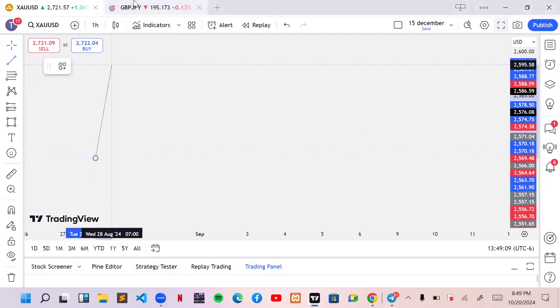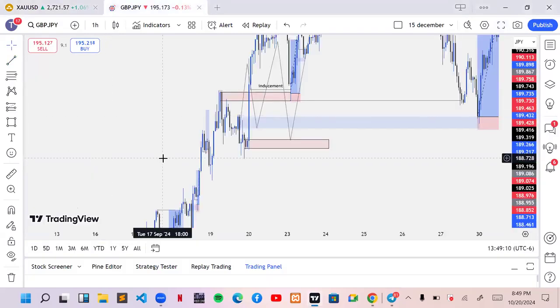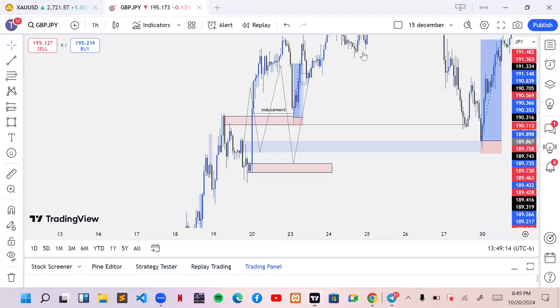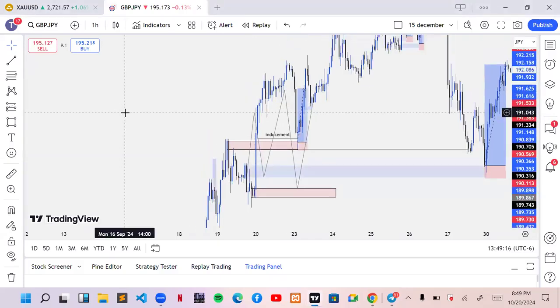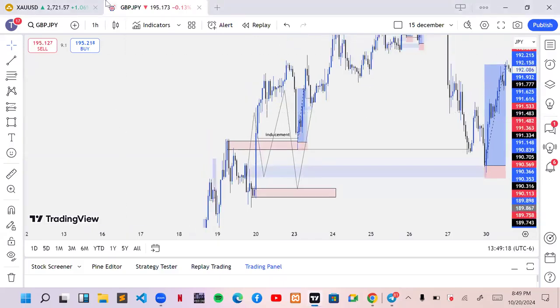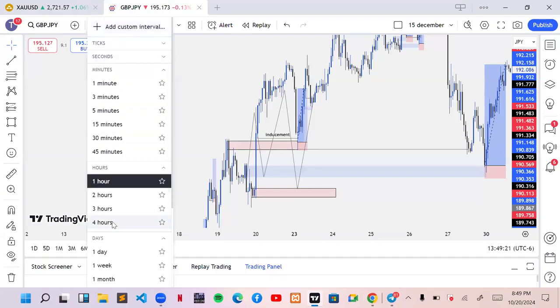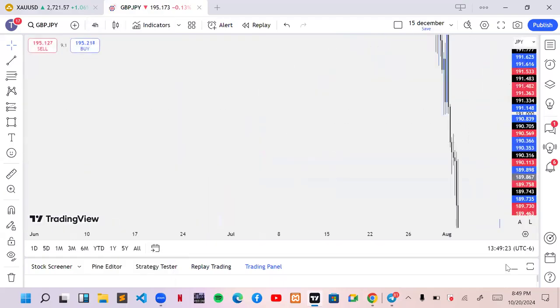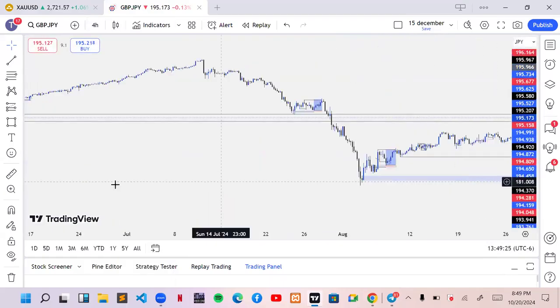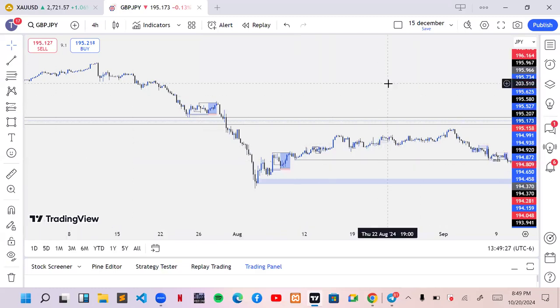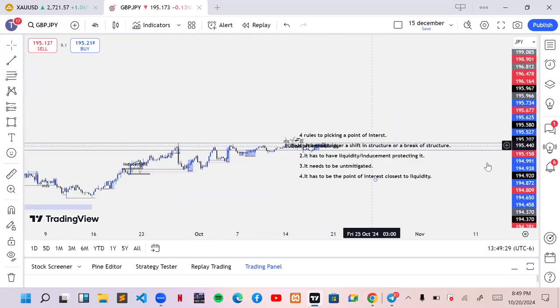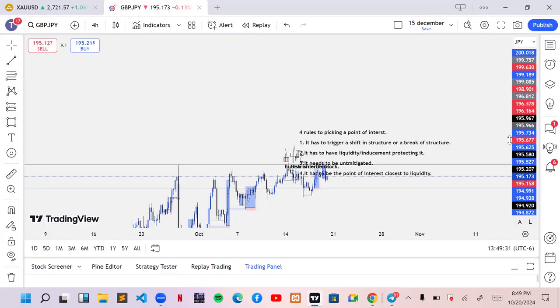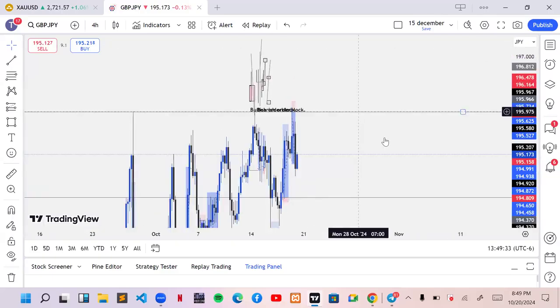Okay, how I know GJ is bearish. I haven't talked about types of liquidity yet, but there are actually different types of liquidity. There's trend line liquidity. There are equal highs and equal lows liquidity. There's long wick liquidity. So you pay attention to GJ. There was a long wick on the 4 hours time frame, which I think is right here. Let me open up GJ. 4 hours time frame. Yes,